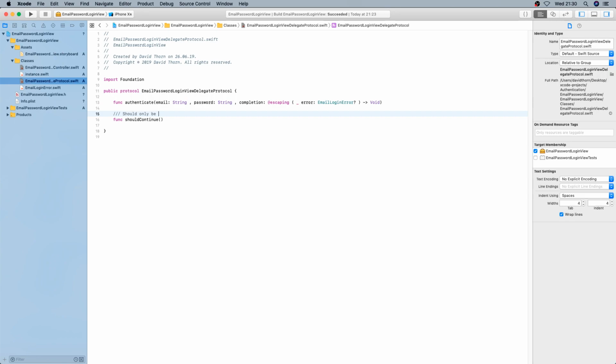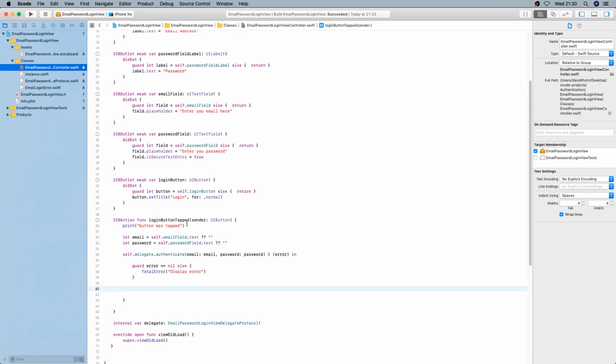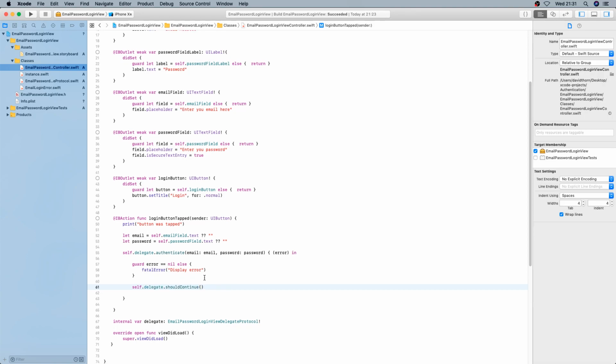Should only be called once the user has been authenticated and the authentication method has been called. Yeah, and that'll do. All right, so we know this, and if everything is okay, then we can say delegate shouldContinue. All right, that should then exit us out of the